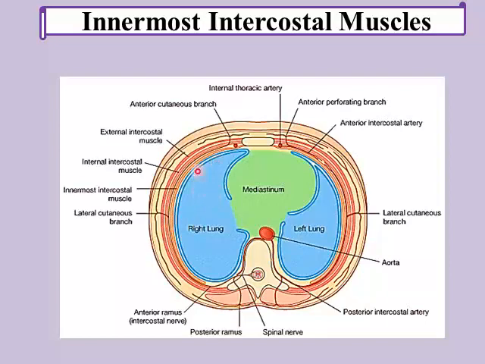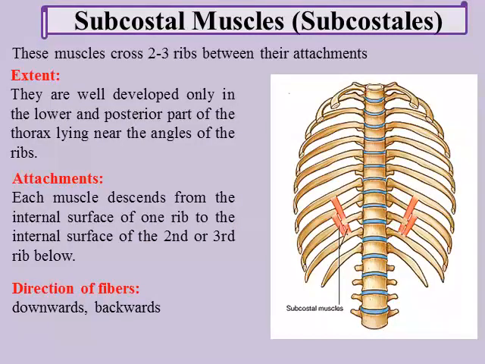Internally, it is related to the two lungs and the mediastinum. These blue lines are the pleura covering the lungs. The outer pleura is called the parietal, and the pleura lining the lung is called visceral pleura. The endothoracic fascia is between the parietal pleura and the muscle layer. So, the innermost intercostal is related internally to the endothoracic fascia and the parietal pleura of the lung. Okay,